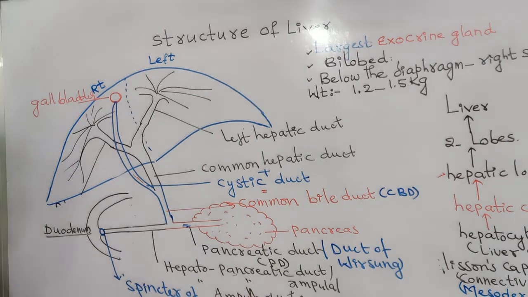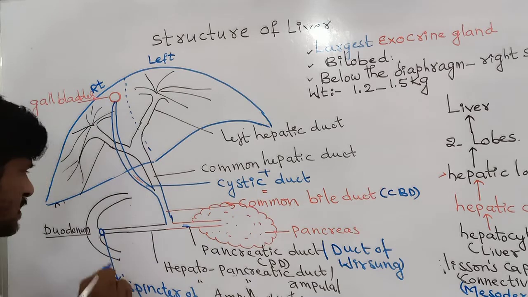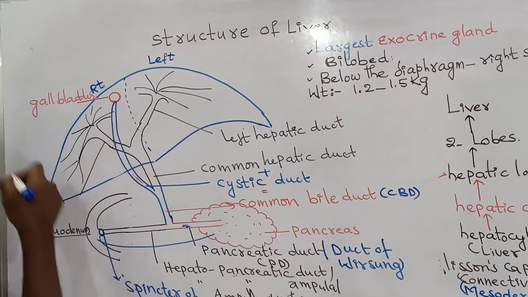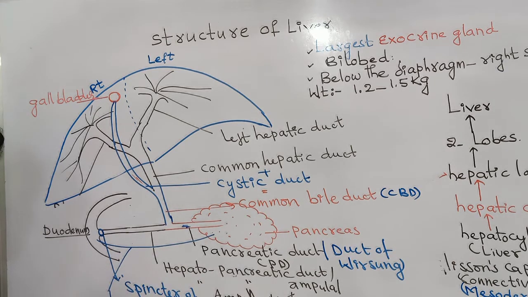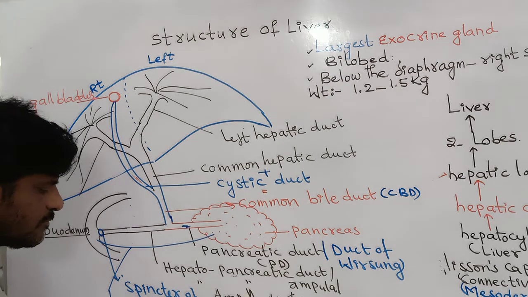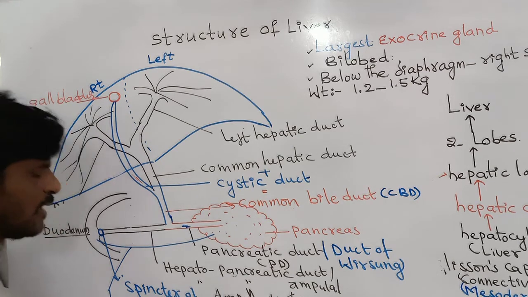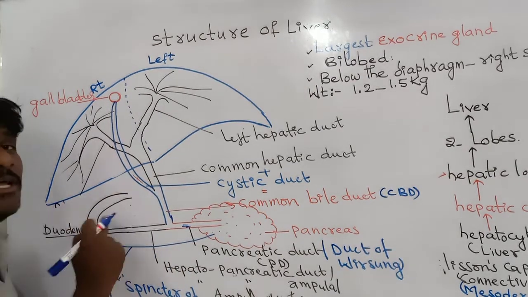And one more. From the pancreas, there is one more accessory duct. This is another accessory duct directly opening into the duodenum, and this accessory duct is called the duct of Santorini. Okay, I write here. There is another accessory duct called the duct of Santorini, that is directly opening into the duodenum.